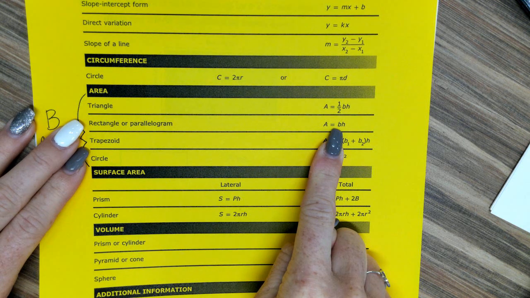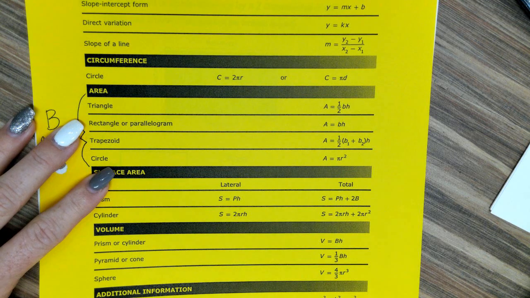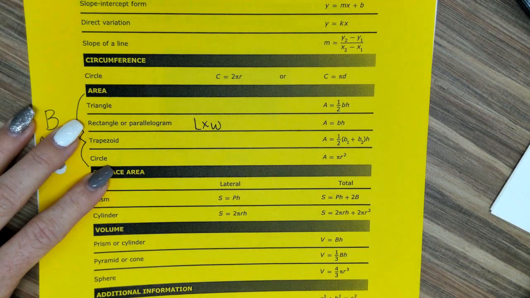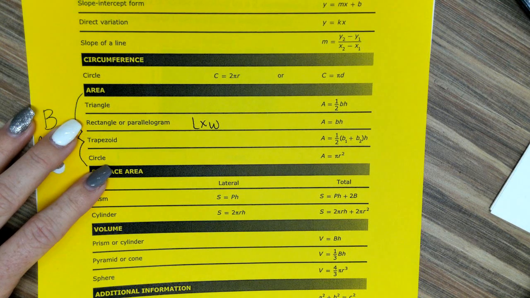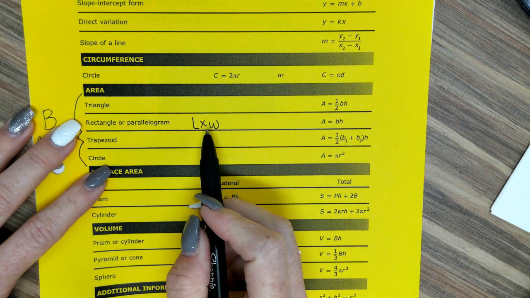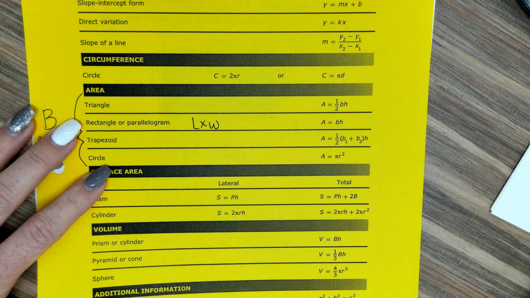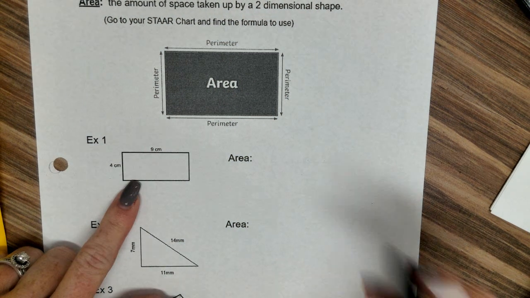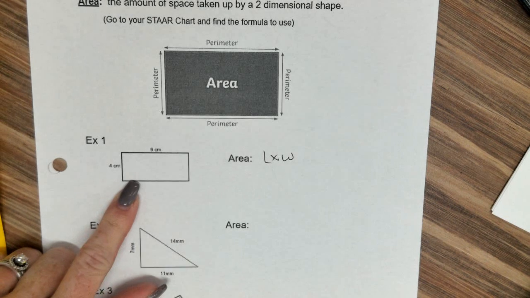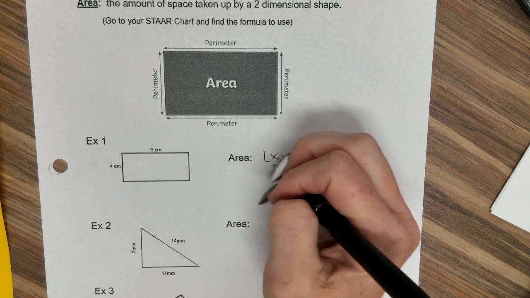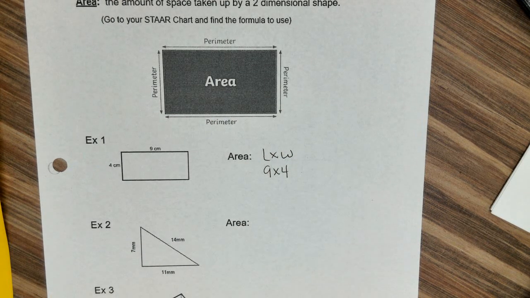What is the formula? Base times height. Now back in 3rd grade, y'all learned it as length times width, and it means the same thing. If you want to say base times height, that's fine. If you want to write length times width, if I write, you write. Then put length times width. So for area of a rectangle, all you're going to do is multiply the length times the width. So you're going to do 9 times 4. So get your calculator, type that in, and 9 times 4 is